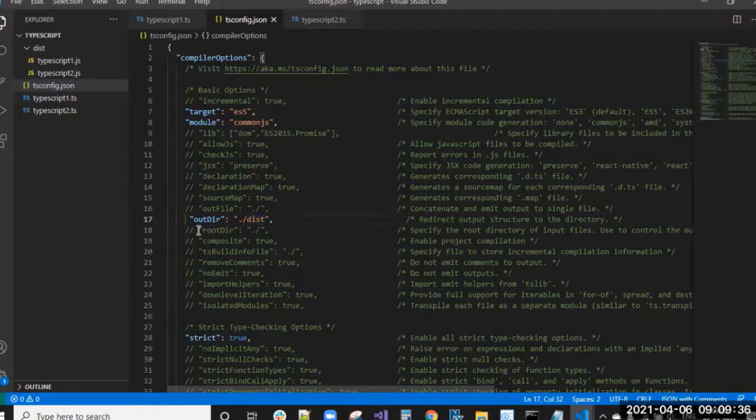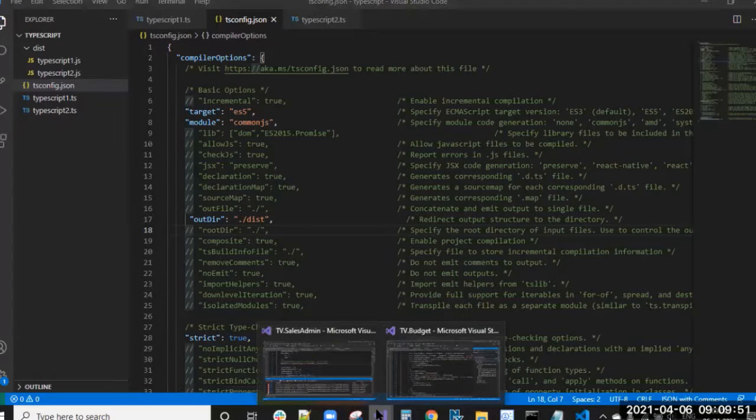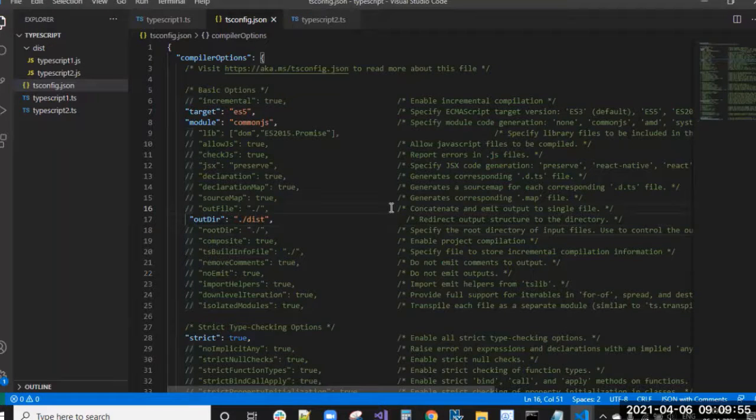Now, root directory is nothing but the place from where I need to take the TypeScript files. We have HTML files, CSS files, and so on. For example, in Angular applications you can easily understand: the src folder is there, and inside that src folder you have all the TypeScript files, like app.component.ts.